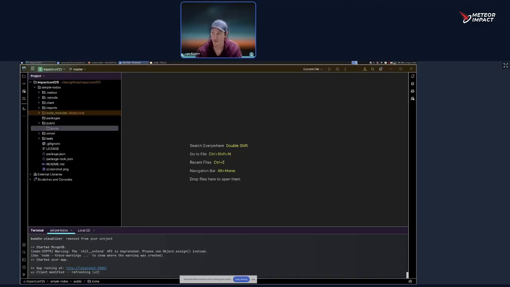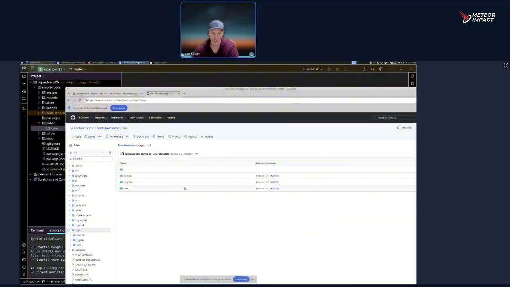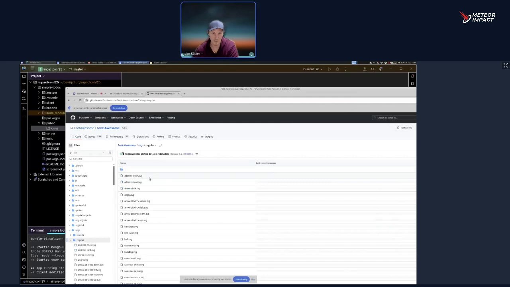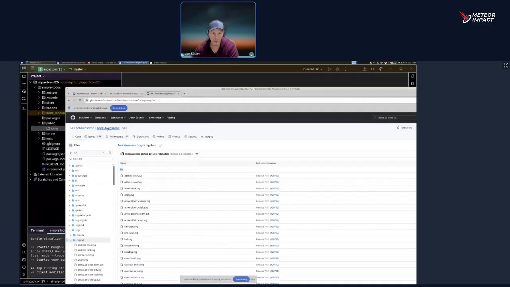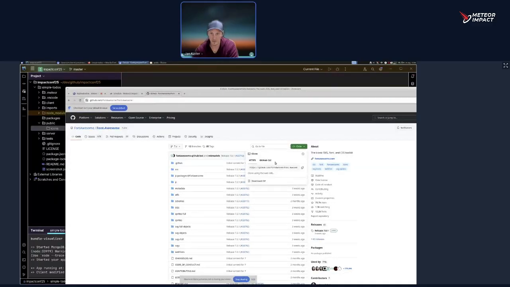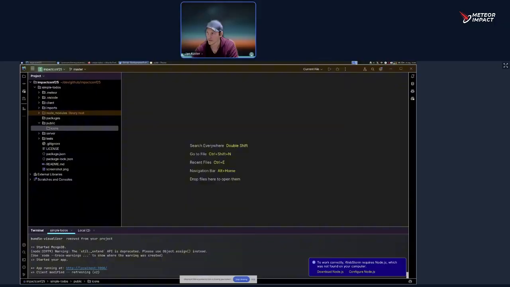So what I'm doing is on the Font Awesome repository. There is this Font Awesome repository, right? The nice thing is it contains all the SVGs. And for now, here's the regular, and you can see every icon here is an SVG. So what you could do is you can take the repository, download it as zip, and then unpack it. Let me do that in the background quickly. So you unpack it,